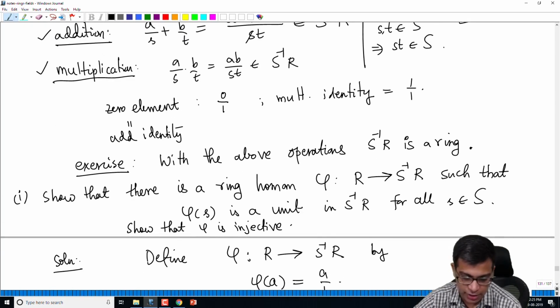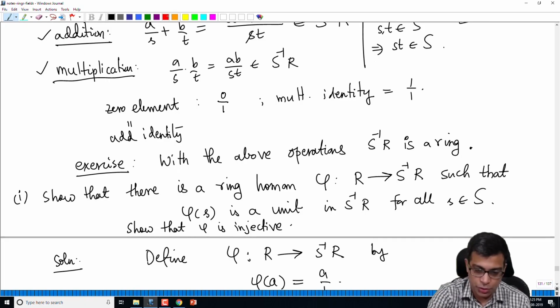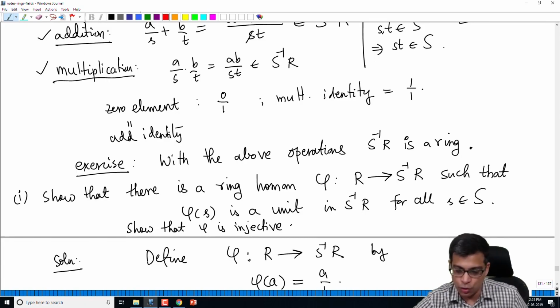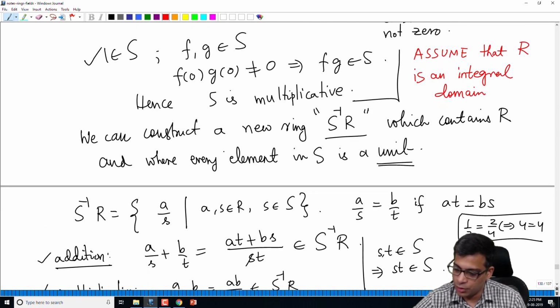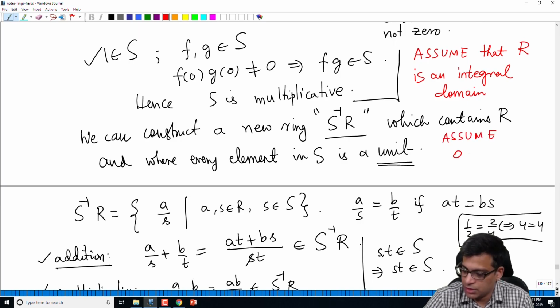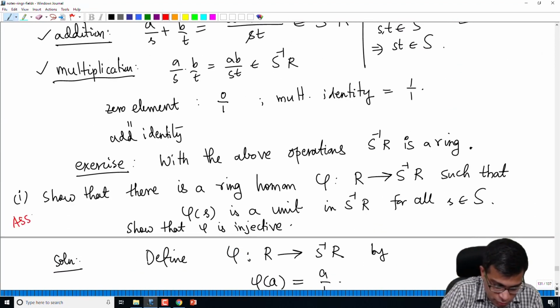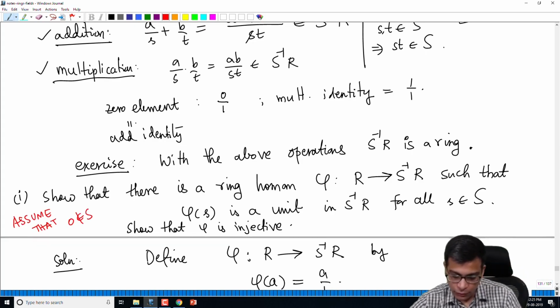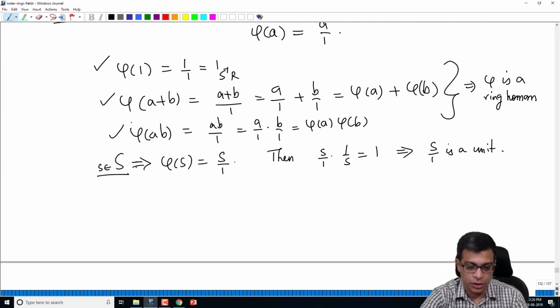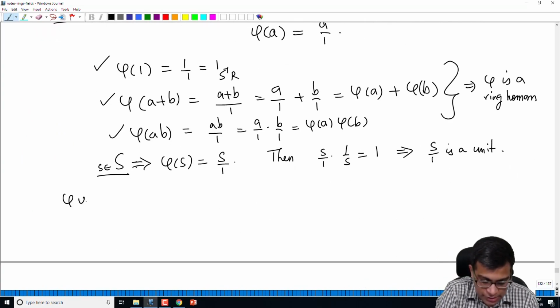Actually I should have said this, so maybe I should write it here. Most of the time we are going to assume that S does not contain 0. Somewhere I wrote this. Also assume that, otherwise I get into problems. Assume that 0 is not in S. So assume that everywhere 0 is not in S. So show now that phi is injective. So why is that? Phi is injective